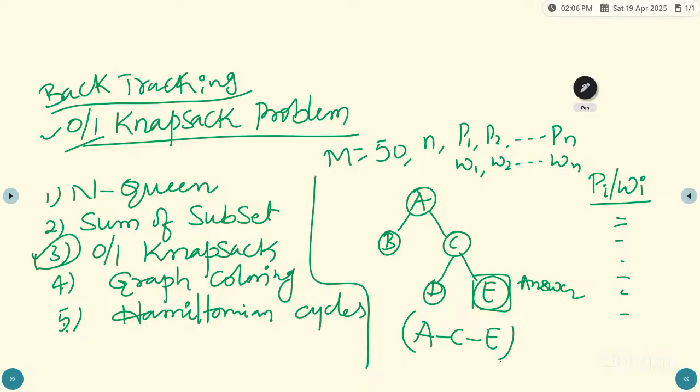So every solution of the knapsack problem can be represented by using a state space tree. So just write down the third application, 0/1 knapsack problem. Write down the problem statement. Consider the knapsack problem